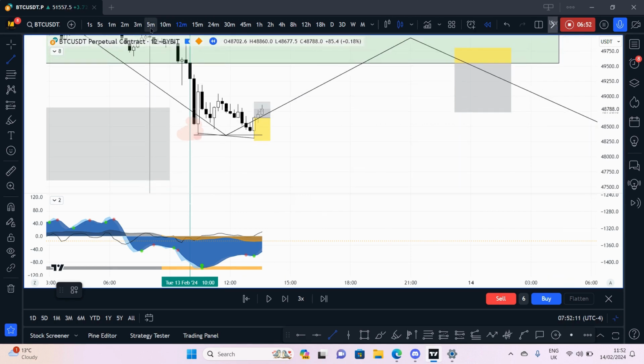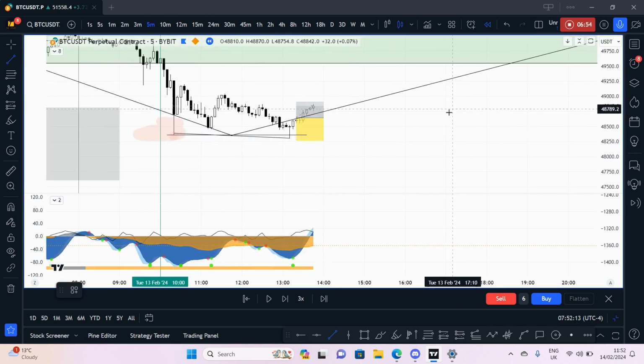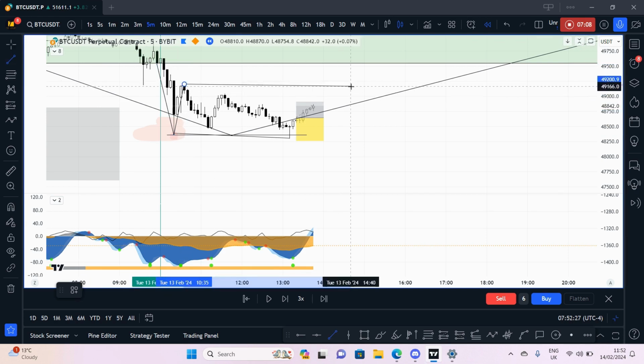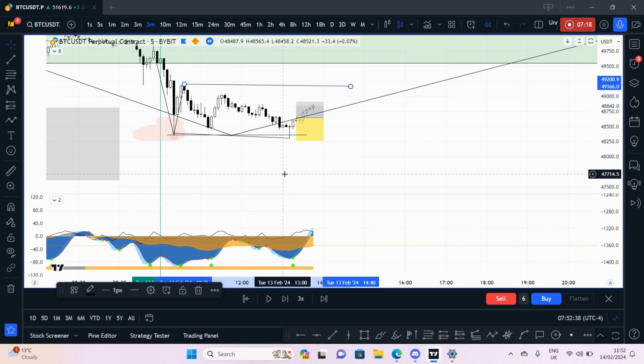All right, and let's see, if we go on a 5 minute, do we have a change in market structure? Let's see. So if we draw out our structure on a 5 minute, we've got a low, we've got a high, okay? So before we get a change in market structure, that high must be taken out. So we're going to draw a line there, and we're going to carry on to see, okay, then we form another low. Now that validates that high. So that means that if this high gets taken out, then we're good to go. So we're going to play this,